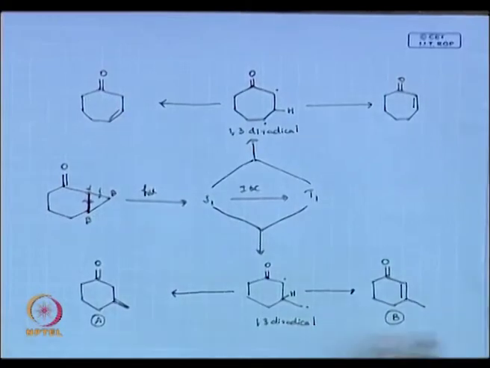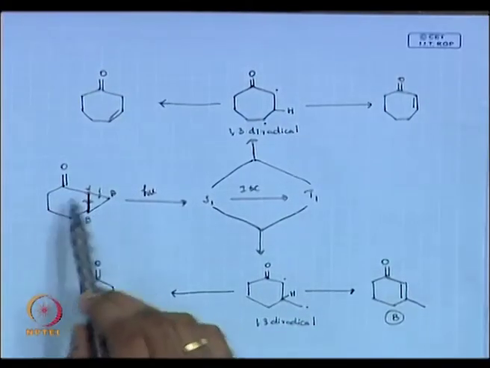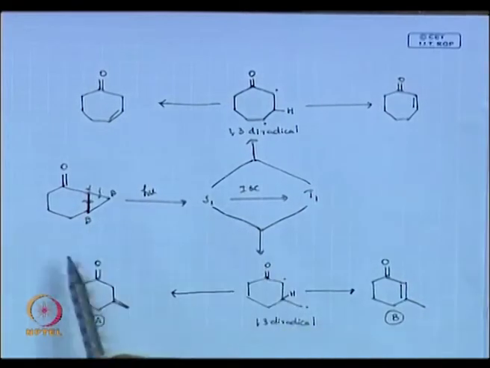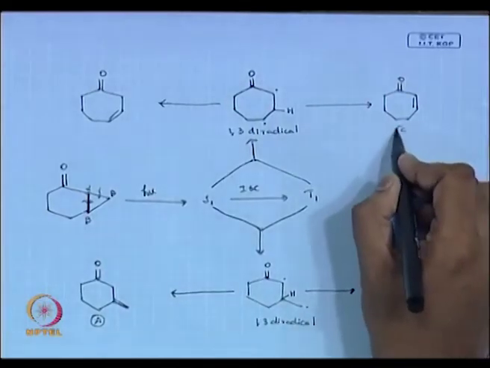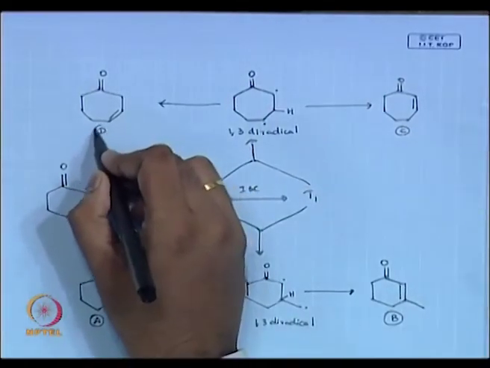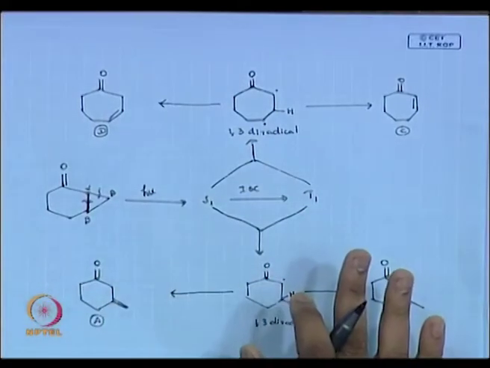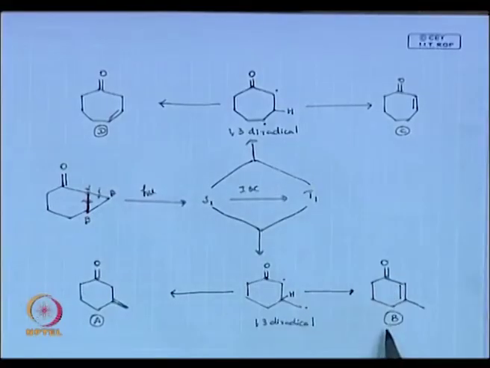So, I have taken a simple chemistry now, like I have taken a ketone system with a cyclopropane, and I am saying that you can now get 4 products: A, B, C, and you can get D. Okay. So, these are all plausible products. Then once you go to the lab and do the reaction, you know which will be formed as major. If you see from here, I can say B, C, D can be formed, okay, without any problem.